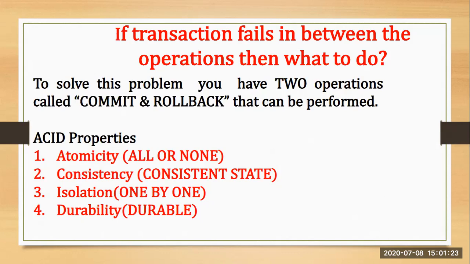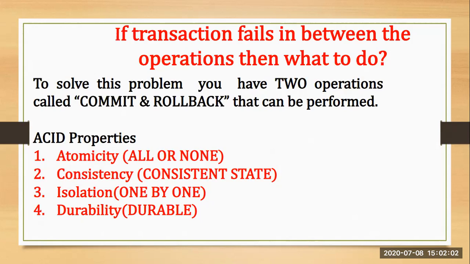Second is consistency. Data consistency refers to this: your data must be in a consistent state after any transaction. No transaction should have an adverse effect on the data residing in the database. Your database should be in a consistent state before the execution of the transaction, and it should remain consistent even after the execution of the transaction. This is possible when you have only committed, successful data in your system; only then can you achieve this consistent state of your database.